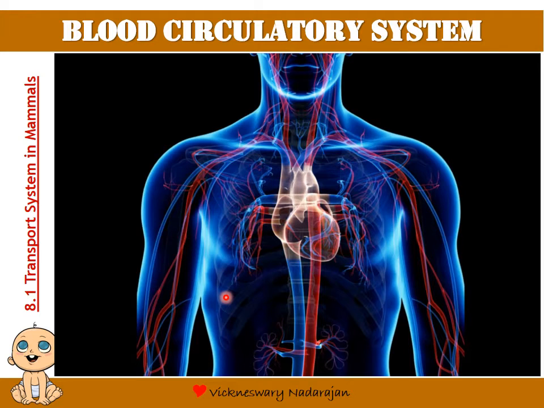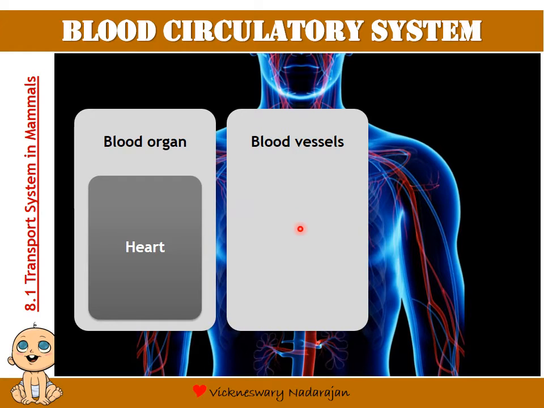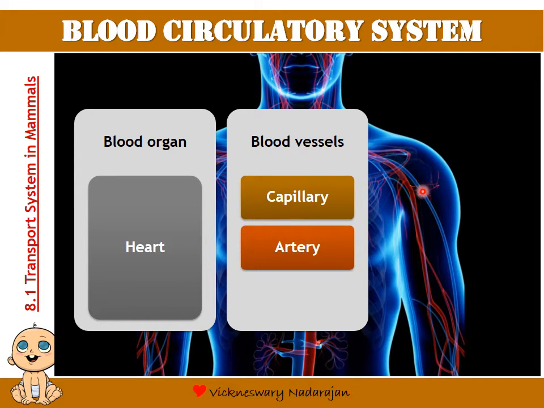The blood circulatory system will have the organ, that is the heart, which you see in the center here. Then from the heart you will have blood vessels moving in and out, which are made up of the tiniest, that is the capillary, the one that transports oxygenated blood in red here, the arteries, the largest being the aorta and the smallest being the arteriole, the veins, that is the one in blue, transporting deoxygenated blood, the largest being the vena cava and the smallest being the venule.